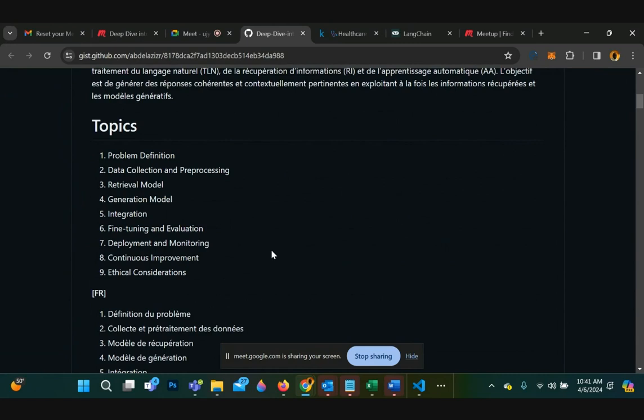And deployment and monitoring is more when you want to deploy your application to production, and then monitor the application to improve it. And that goes hand in hand with continuous improvement. Ethics is a big area right now with LLMs. So as you build your LLMs, you have to think about the bias in your data or your algorithms. That way you do not negatively impact users.